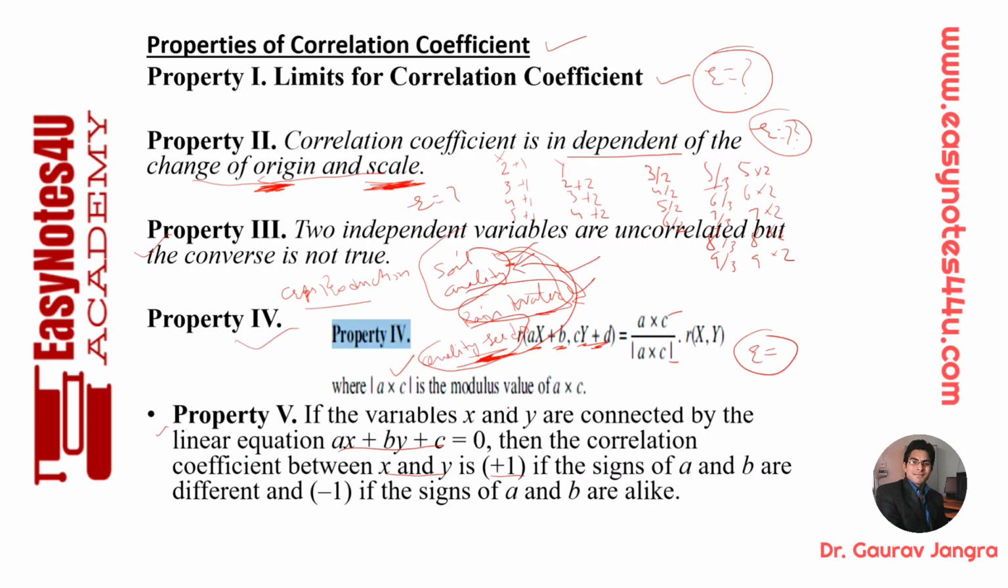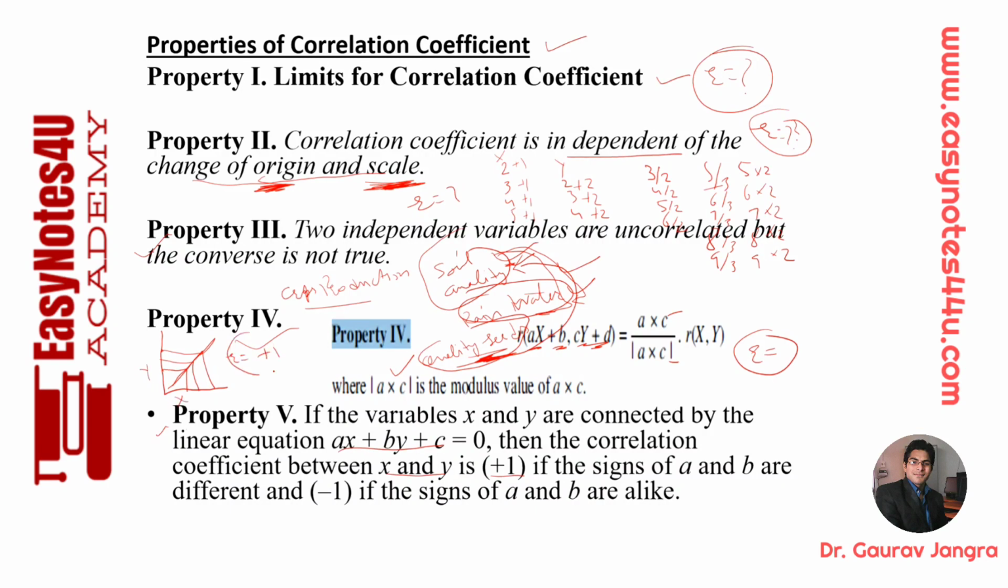So अगर आपका जो variables है x and y अगर linear equation या linearly interrelated है. Linear means if 1% change in the x, the same proportion will be change in the y, like that. So this provides a linear line. So if the variables x and y are connected by the linear equation ax plus by plus c is equal to 0, then the correlation coefficient between x and y, the r will